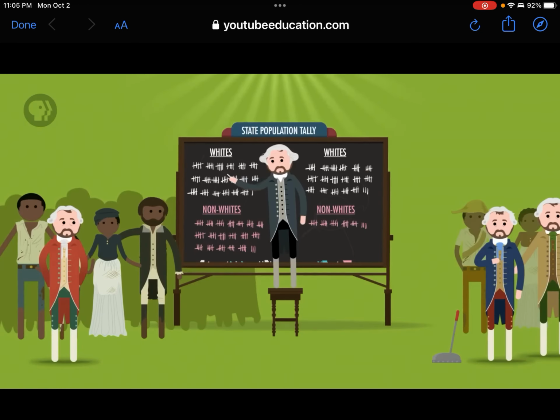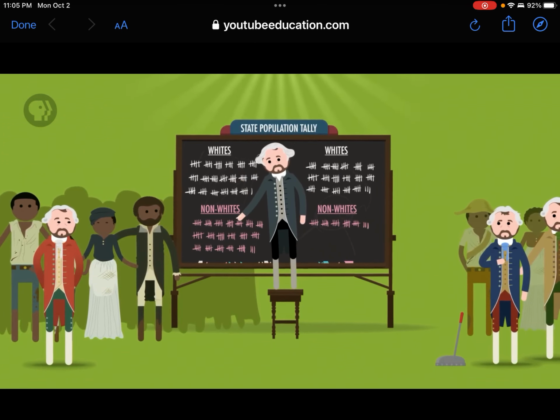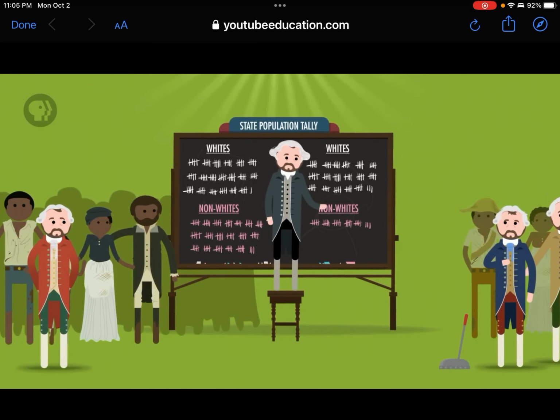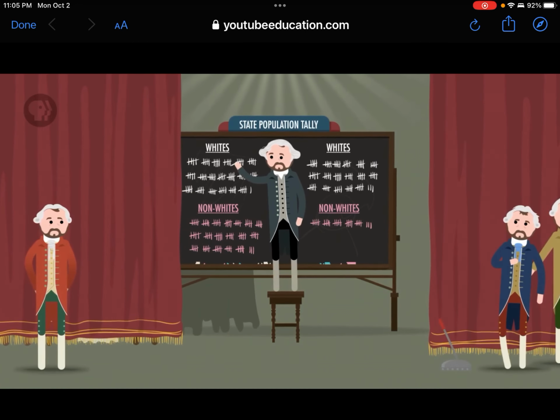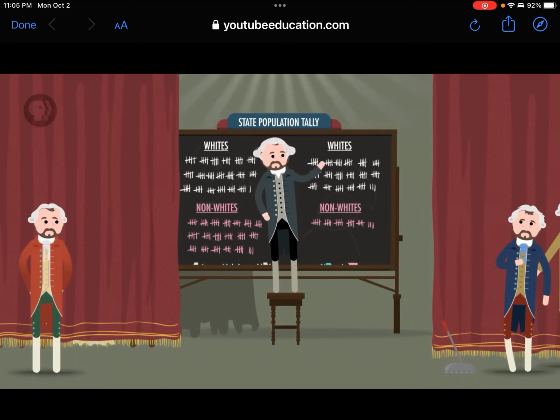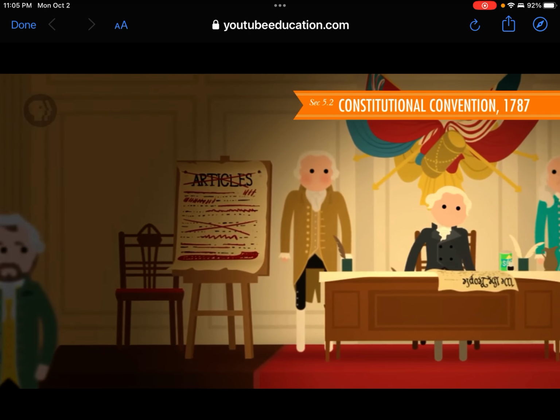Let's go to the thought bubble. The states with large slave populations like South Carolina and Virginia had a pretty big interest in counting these slaves for the purposes of determining representation. And the states with few slaves didn't want them counted at all, because this would mean that the white non-slave people in those states with lots of slaves would effectively be better represented than the white non-slave people in the states with few slaves. The delegates at the Constitutional Convention solved this problem with another compromise that was decidedly less